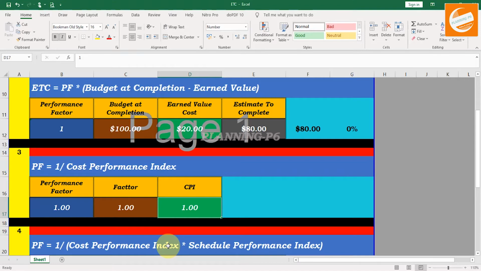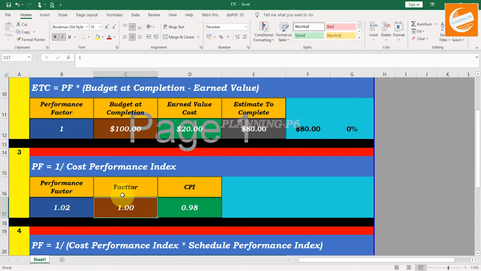And if you are going above 1, then it means your cost is decreasing as you planned and you are in benefit. If I change that value here, like 0.98 as per CPI, you can see here the performance factor will change to 1.02.